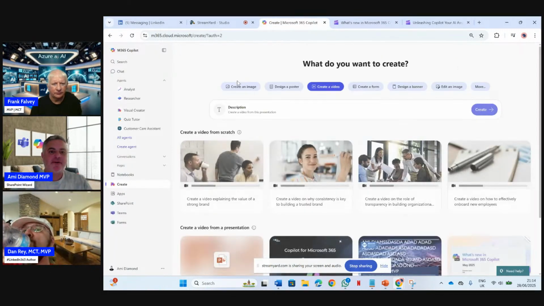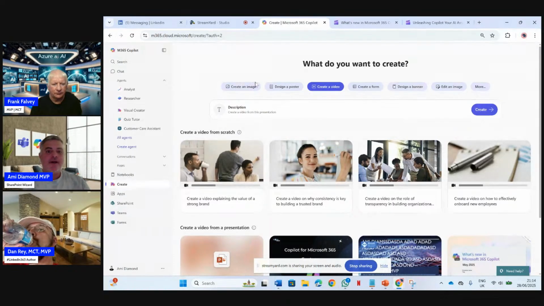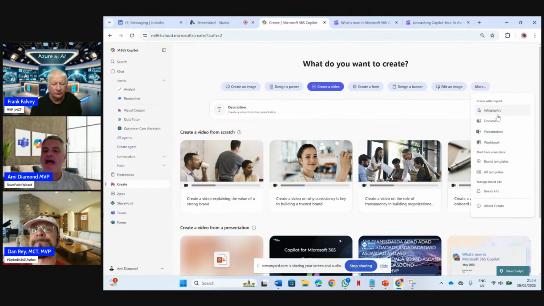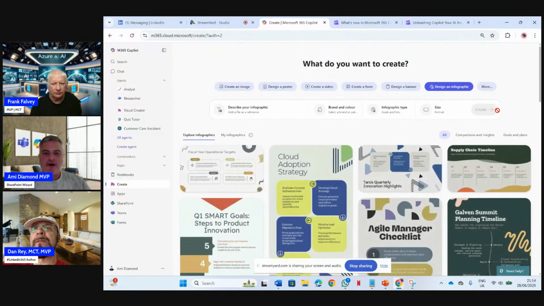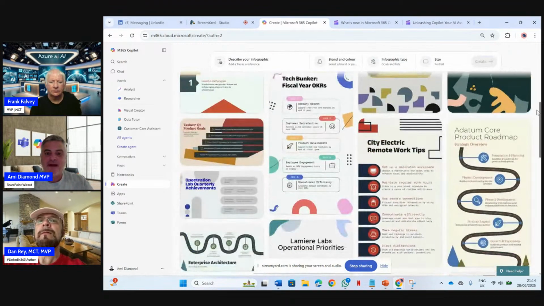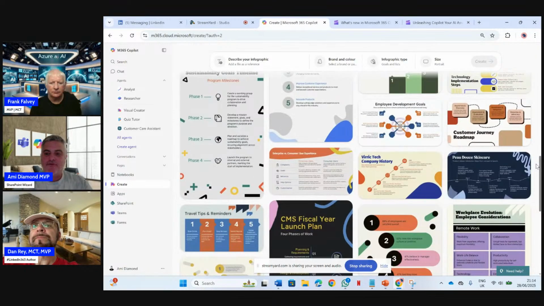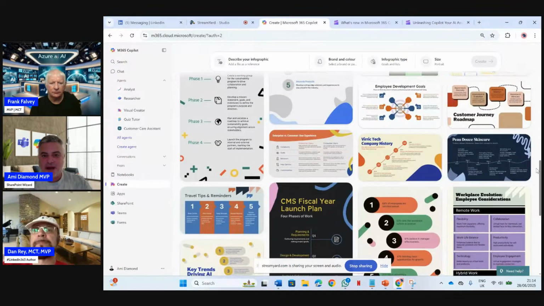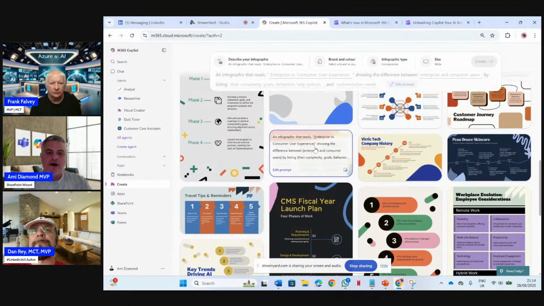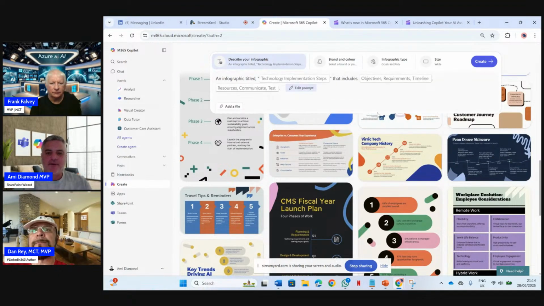Last thing I want to show you actually here is if we go to the create, then under more, we now have this infographic. So I wasn't sure exactly what was an infographic. So I just looked in the examples, and I see lots of examples which are quite cool, and I don't think I could do it by myself. So I'm taking this example, as you can see here,